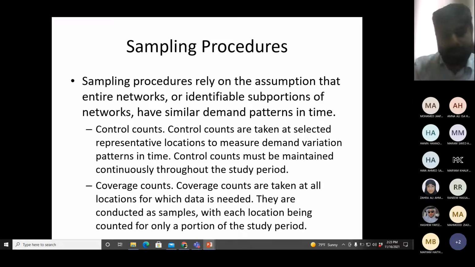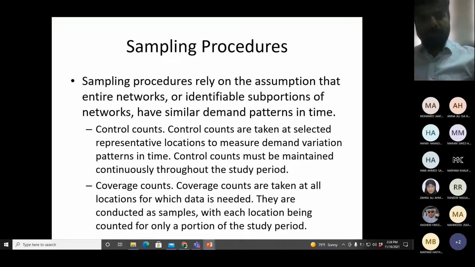Okay, so arterial, collector, local road, residential area, commercial area: portions of the network which are similar to each other. So in that particular portion, all segments are of the same type and they are in the same type of area. Okay, so their demand and traffic flow pattern will be the same. Traffic volume will be different, but the pattern will be the same.